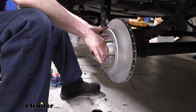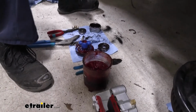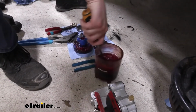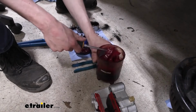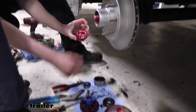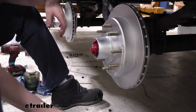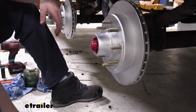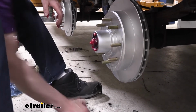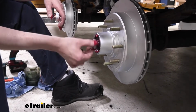We're now gonna dig out our other bearing there. Grab our screwdriver again to help minimize the mess we're making here. That's gonna slide in the other side there. Your washer will follow up right behind it, as well as your nut. Now we'll need to set the